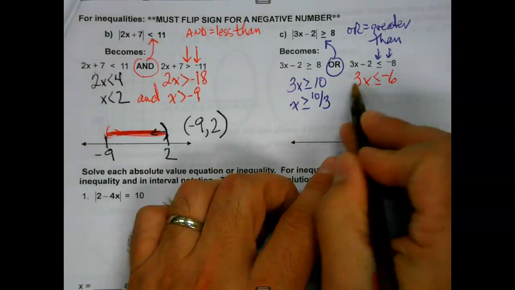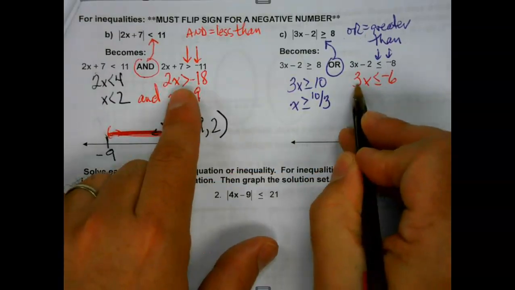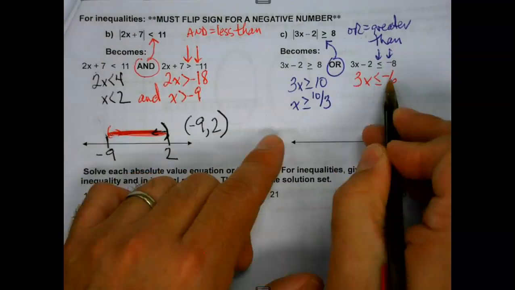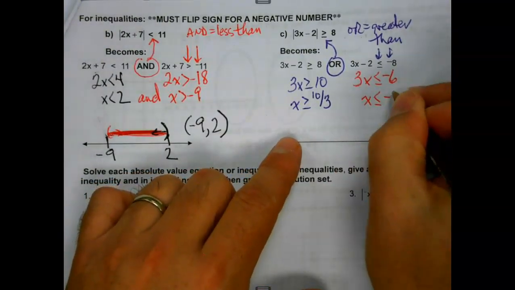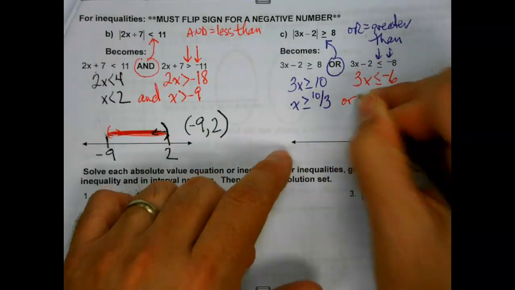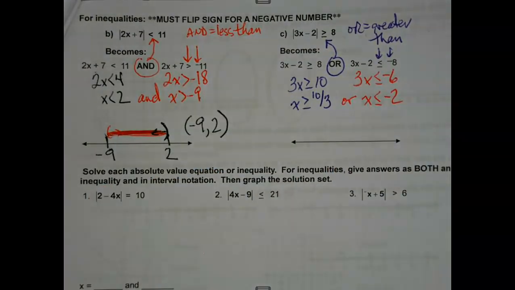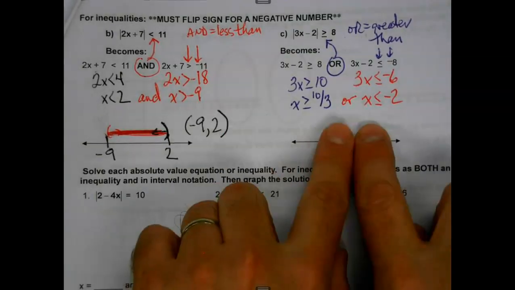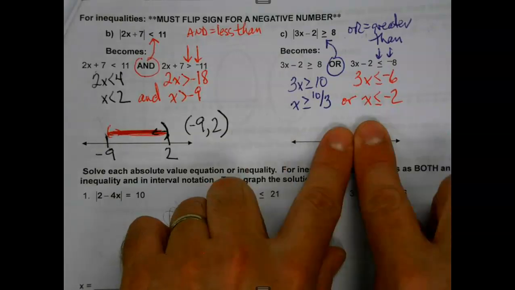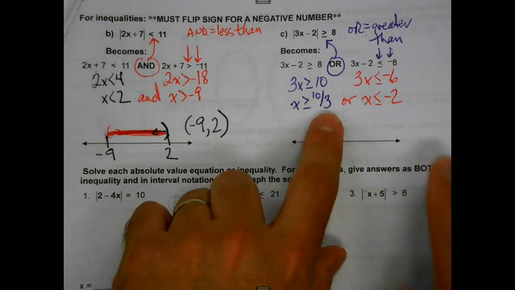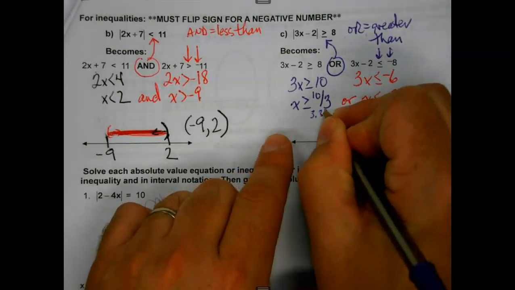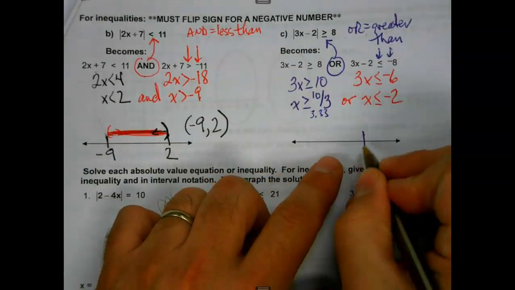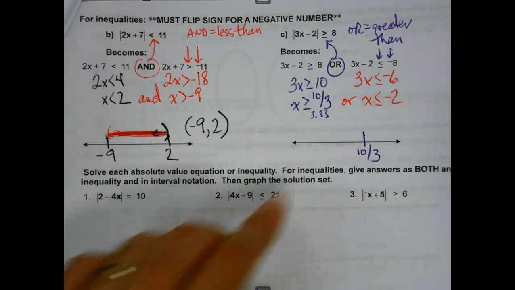Again, here, just like we had here, what are you doing to get x alone? I'm dividing by +3. Do not flip. Again, at least, we'll say. But I got a picture in my head now. Ors go out. If these don't go out from each other... So if I plug that in my calculator, that's like 3.33. I'm just keeping that in mind. So when I go to graph,